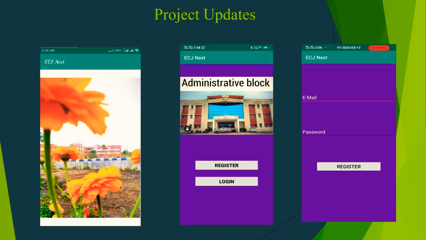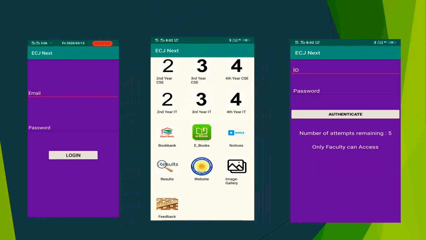So if you click on register, the register activity opens, and then you can register. And we added a feature of email verification so that no fake user can access the app. As you click on the login button, the login page will open, and here you can enter your email and the password you created so that you can access the next activity of our app, that is the main